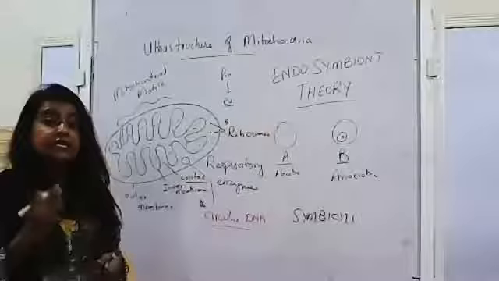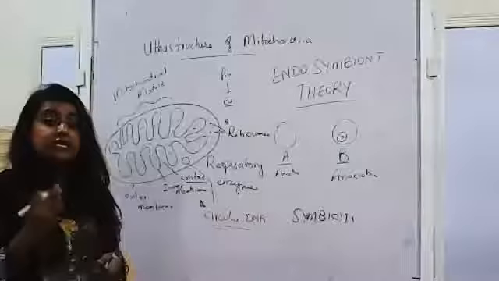One more thing, mitochondria is capable of replicating. When you're working more and your body needs to release more energy for the extra work that you're doing, mitochondria start increasing in number. So one more property, that they can replicate themselves, proves that it was once a living organism, which has now transformed into an organelle, right? Okay.